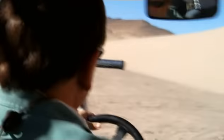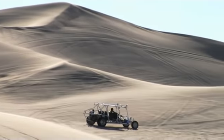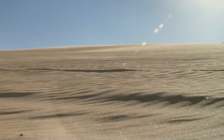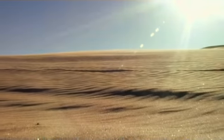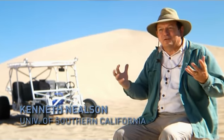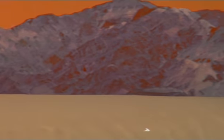geo and astrobiologist Ken Nielsen finds this desert area so much like Mars, he comes here to try to better understand conditions on the red planet. You travel around here in the dune buggy and you see features that look just like the dune features on Mars. If you go further and look in the background and see all of these red hills full of iron oxides that we see on Mars,